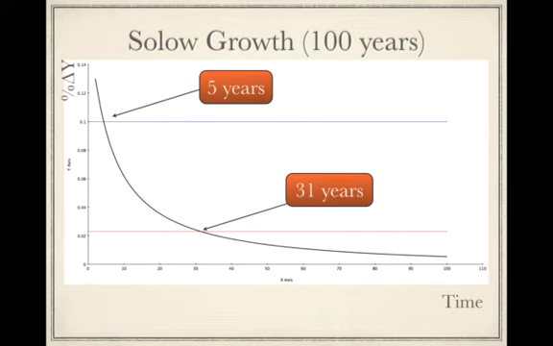Does it fit the contemporary record? The answer is no, it doesn't. Although it can help explain catching up growth, why countries would start out growing rapidly and then slow down, which is what we're seeing in China, and it's also what we saw in Germany and Japan. It can't explain cutting-edge growth yet. So we probably need to tweak it, but it can explain catching up growth, and so we've made some progress.